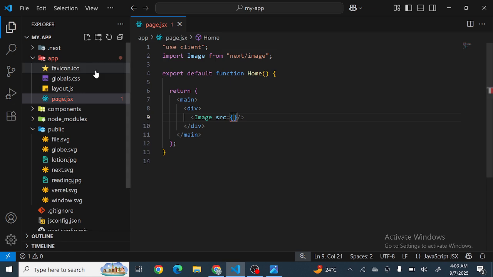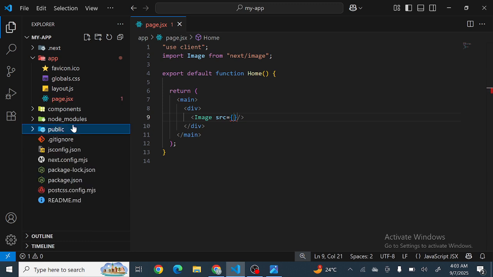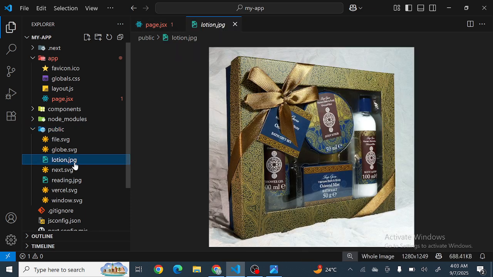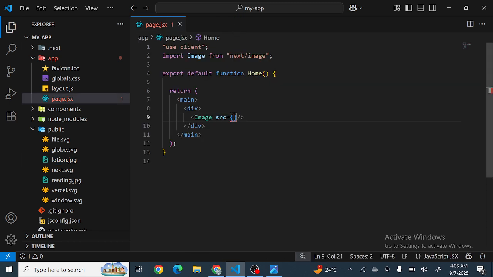And just as React works, every one of our assets or resources must come from the public folder. So in my public folder, I have a file called location.jpg, and that's what I'm going to be using as my image here. So I just pass in my double quotes and the /, then call the